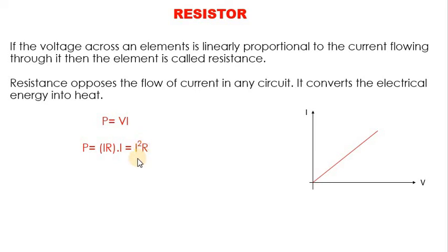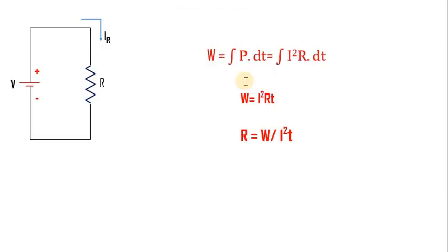Sorry, it's not energy, it is power. This much power is being dissipated in a resistor. Now if I want to calculate the energy, I will simply integrate that power for a given amount of time. So I square R is the power, and for T time, if the power is being dissipated, then the total energy will be W is equal to I square into R into T.